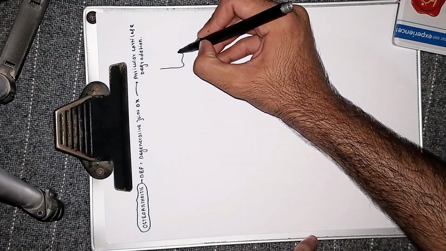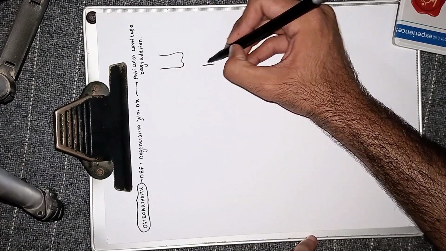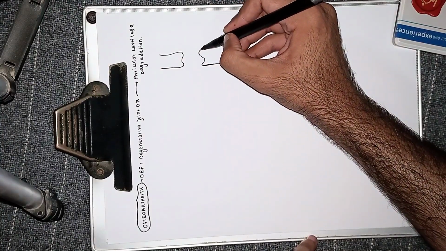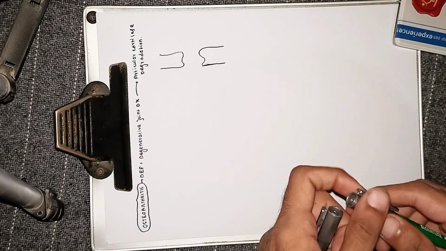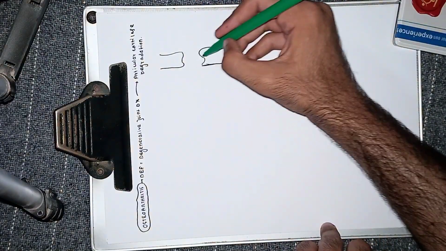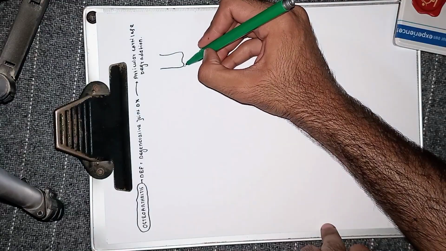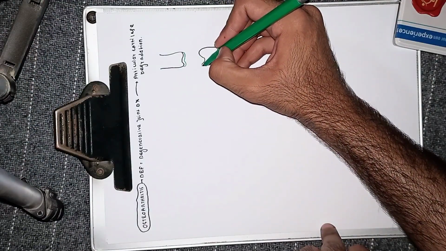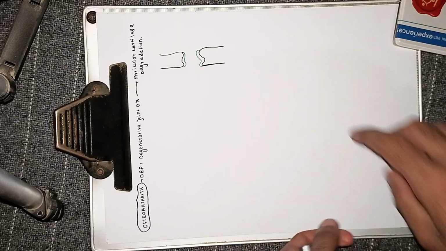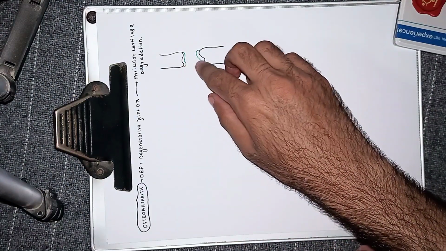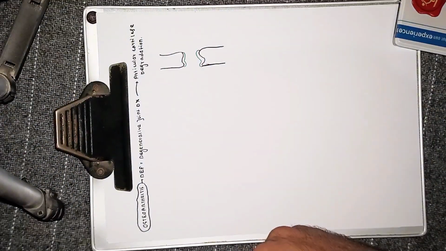Let's suppose this is a synovial joint in which two bones participate. You can see it's not really a very good picture to understand, but still you can get something from this. This is a synovial joint where you can see this nice little pad with this green color is articular cartilage. Okay, this nice little cartilage is articular cartilage, and this is